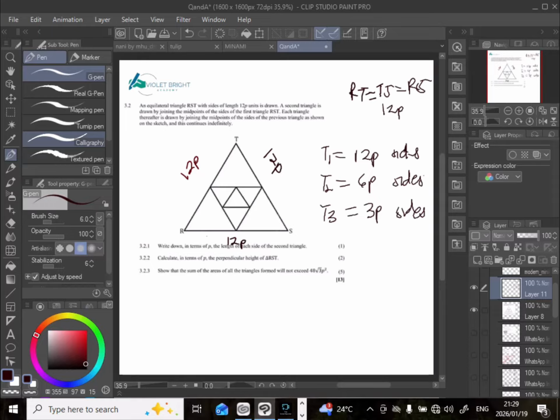Ne? So it's just the same thing. It's the same thing, same triangle, but now they are giving things to you in parables and in 2D shapes. So don't get confused. It's the same thing that we are used to of doing sequences and series. So now you can see, by guessing on the sides from triangle 1, triangle 2, triangle 3,